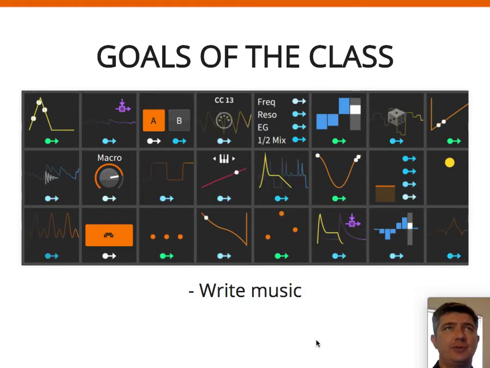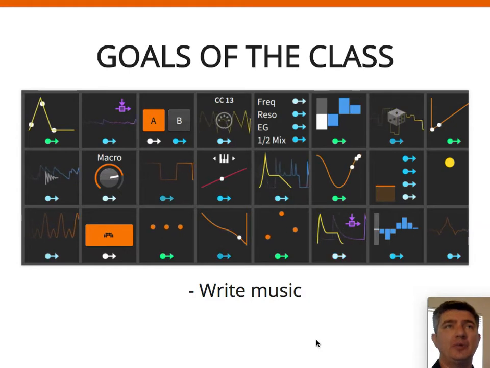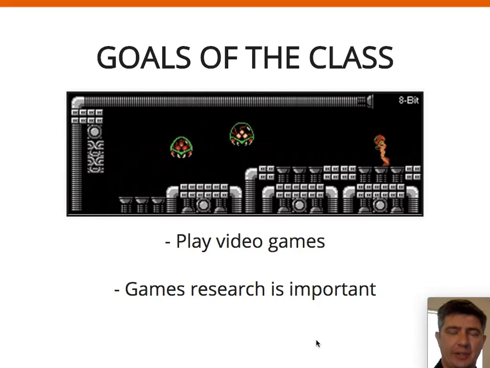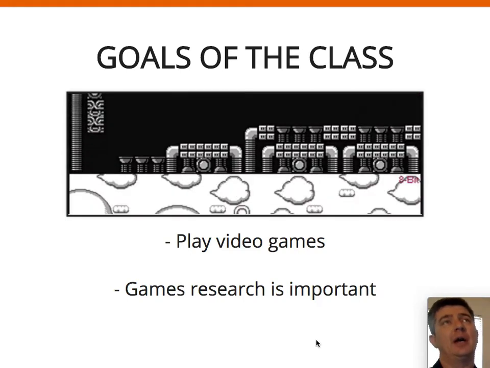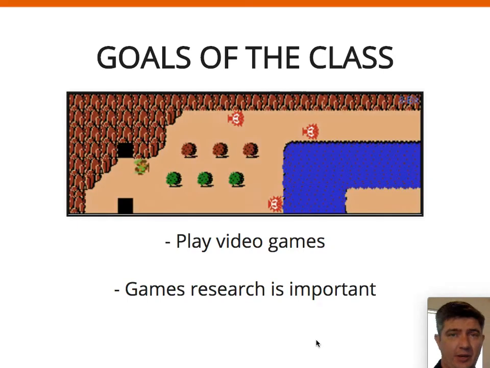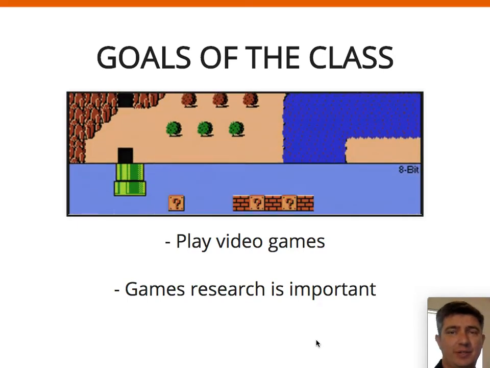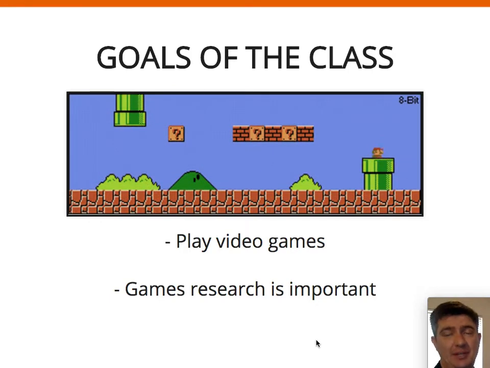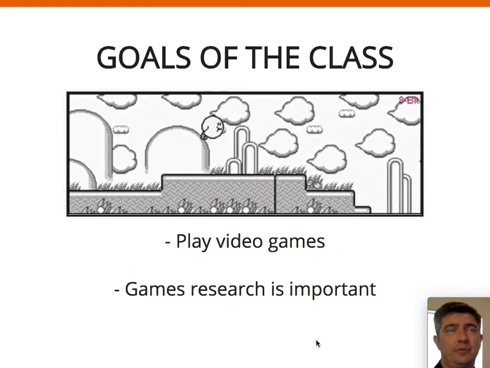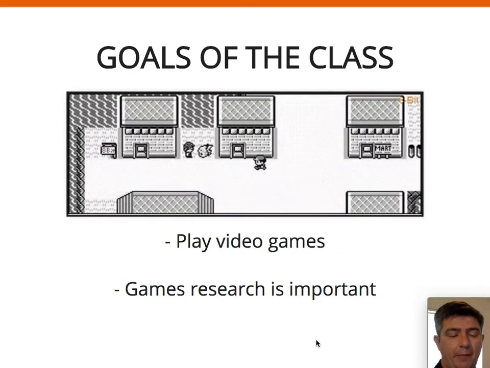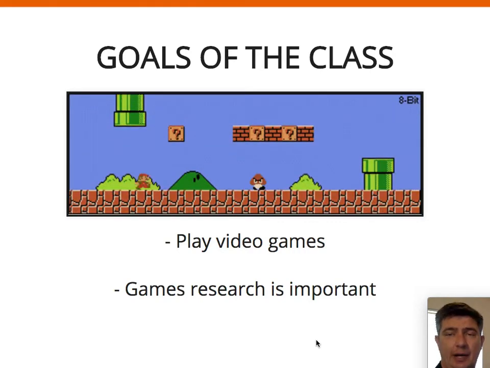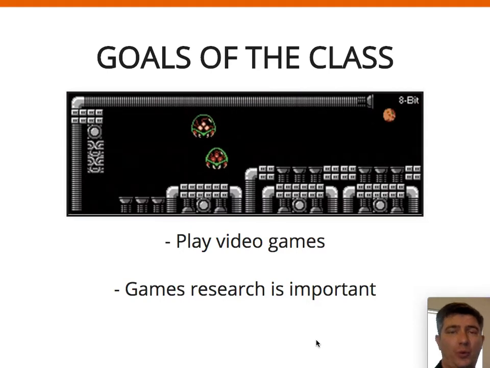So the first thing is to have a reason to write music for games, certainly. The next goal of the class, and this is a very important concept for the class, is called game research. And game research means you should be playing video games. This is an important element of being involved in the games industry, where it is all fun and games, literally, to play video games. But it's doing that with a critical ear and paying attention to what's actually going on in the background and how the music and sound effects are working.